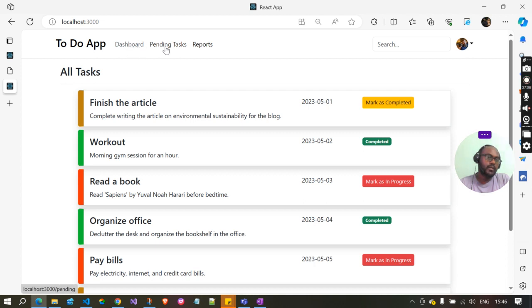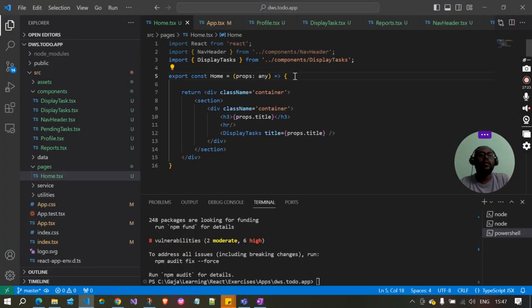Dashboard is reaching this pending task, but the reason why it is not changing is that it does not feel that the value is changing. Okay. So then where is the issue? From here,